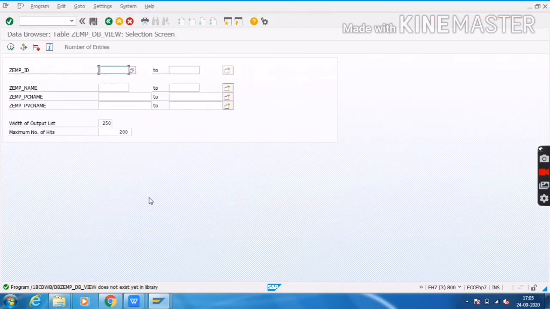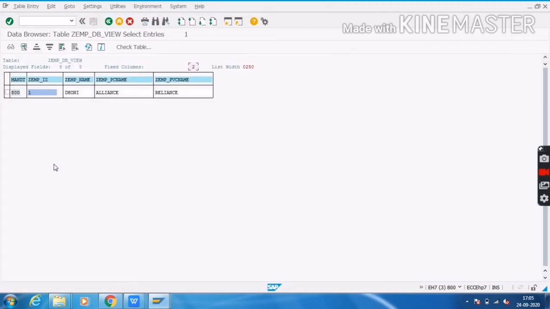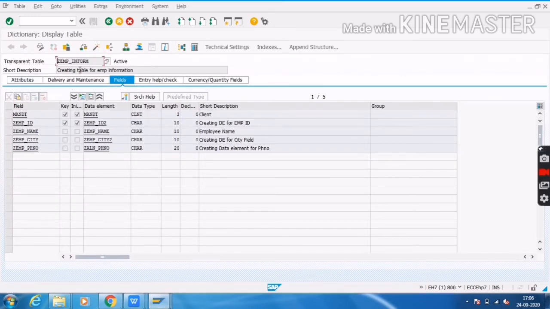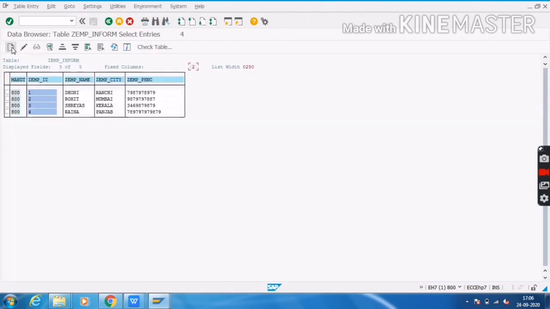To check this, click on here. I will give ID as 1. Click on OK. See, the first ID is 1, employee name is Dhoni, his previous company Alliance, present company Reliance. Now I will show you the data of the 2 tables. This is the employee information table, I will execute it. The first ID is 1, employee name is Dhoni, city is Ranchi, and the phone number is this one.